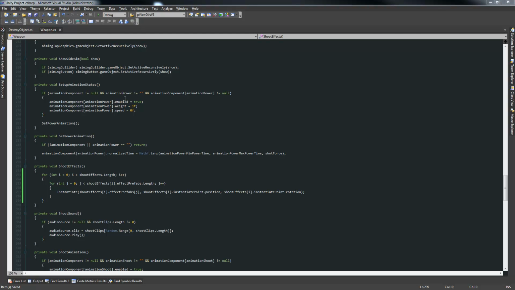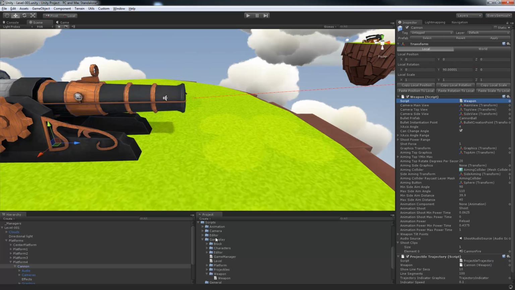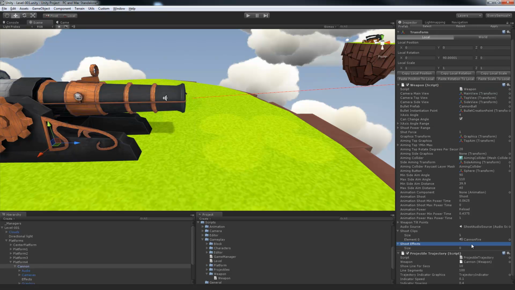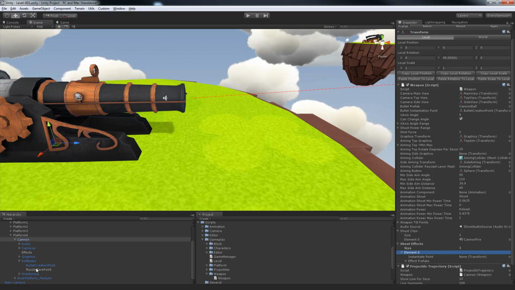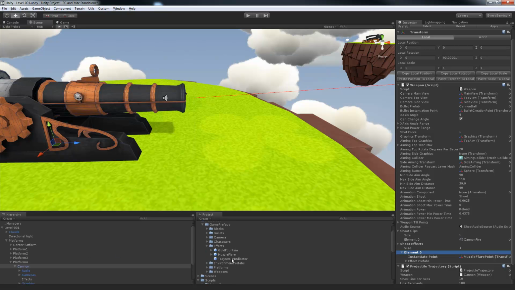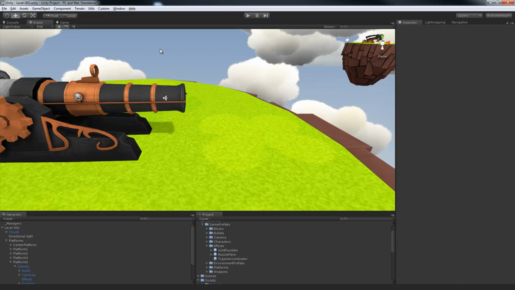So what we need to do now is just go to our cannon, and then in shoot effects we're going to add one, and it's going to be our muzzle flare. So we'll add our reference point, which is muzzle flare point, and we will add our prefab reference, which is the muzzle flare prefab. We just need one effect for the moment. We can add a particle effect shortly. Apply that, and now when we play,